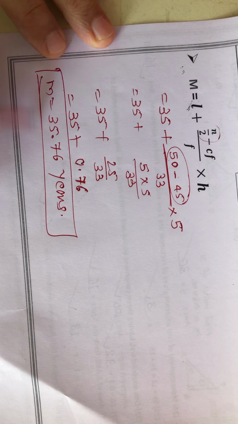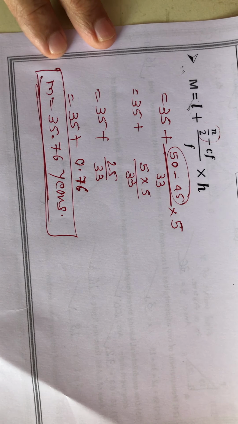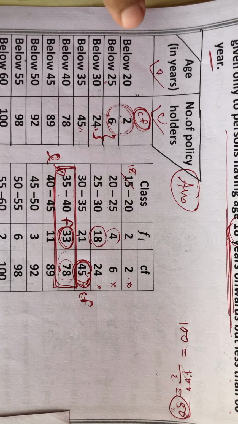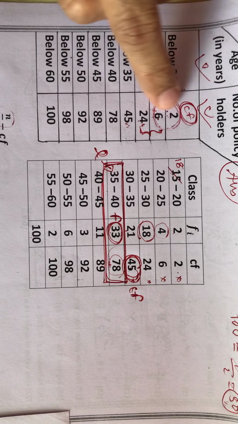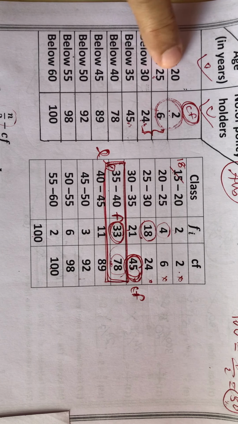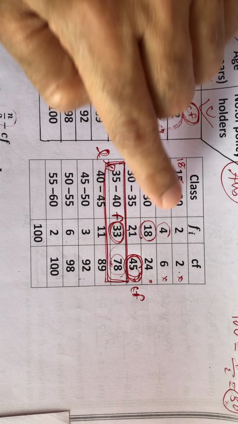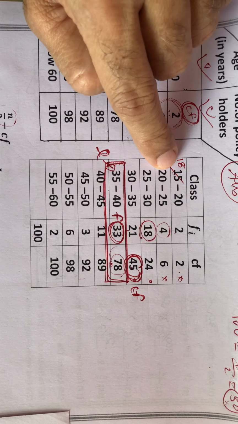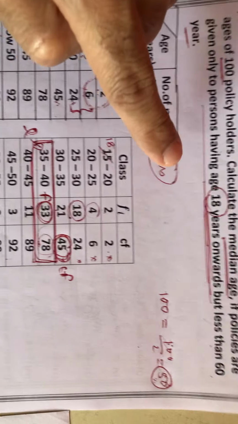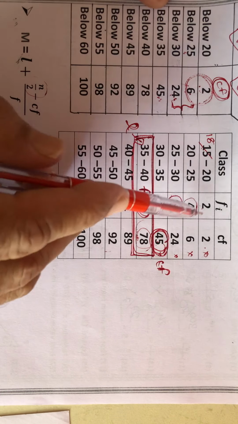M is equal to 35.76 years. કેવું લાગ્યો? સમ ઇઝી છે ને? તો આમાં ઇમ્પોર્ટન્ટ શું હતું? આ જે બિલો 20, 25, 40 એના ક્યુમ્યુલેટિવ ફ્રીક્વન્સી આપી હતું એને કન્વર્ટ કર્યું. બિલો 20 એટલે નોર્મલ 5નો ડિફરન્સ, એટલે 15 to 20, 20 to 25 like this. But write down here 18 because it is given in the question 18. That's why here. Okay, then it becomes very easy, very simple.